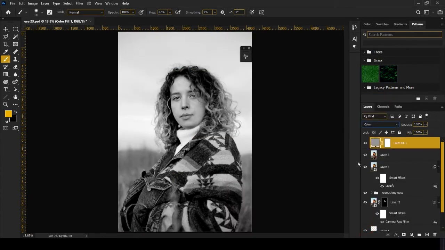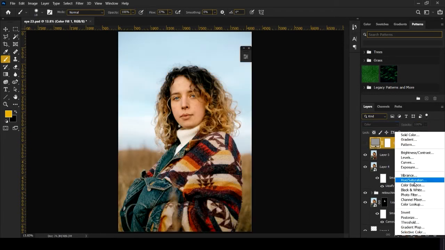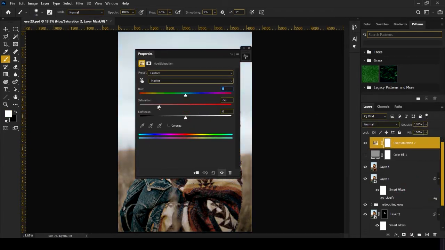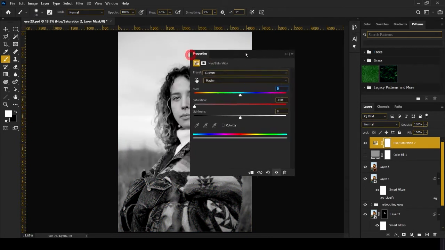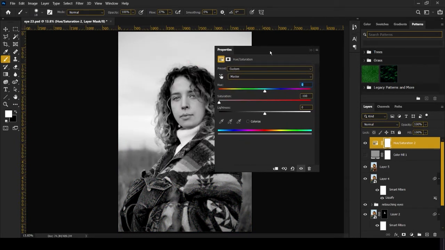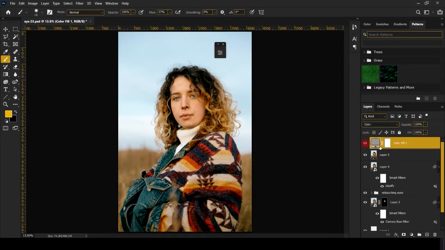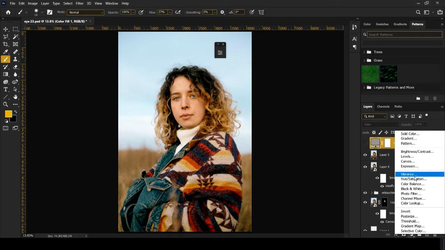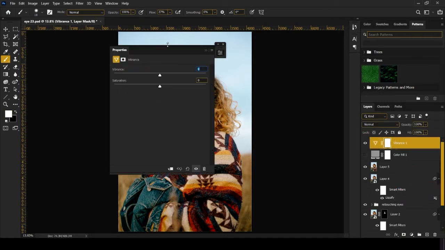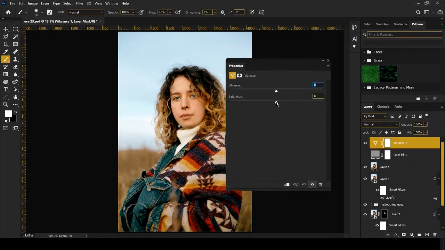Do not use black and white layer or this method, hue and saturation, and taking it to -100. This is wrong, and the black and white layer is also wrong. We will either use this solid color technique or we will use vibrance adjustment layer, not saturation, vibrance, and we will take the saturation of this vibrance adjustment layer.